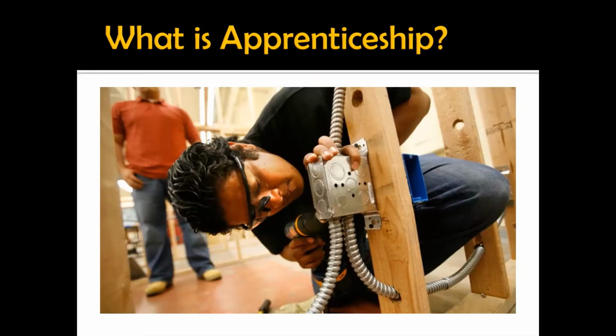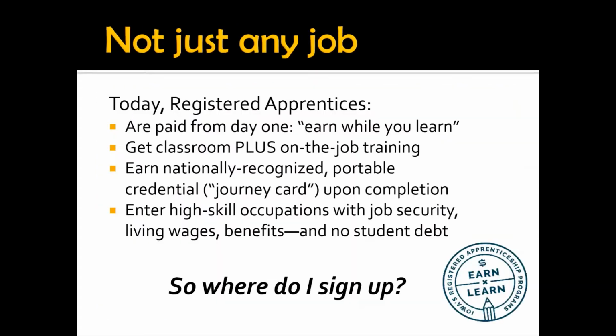registered apprenticeship program. And among the things that you have to do, you have to teach people in the classroom, you have to give them on-the-job, hands-on training, and at the end, you have to give them a nationally recognized credential. Aspects of what have been apprenticeship from the first recognition of apprenticeship. So when we're talking about apprenticeship today, we're talking about it in that modern context of registered apprenticeship, which is